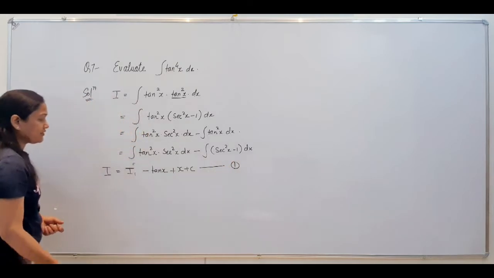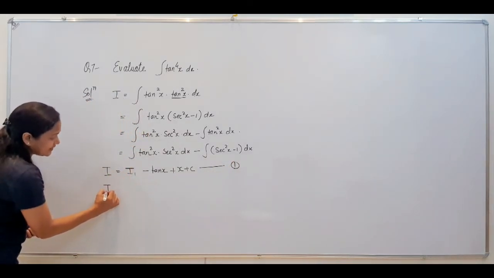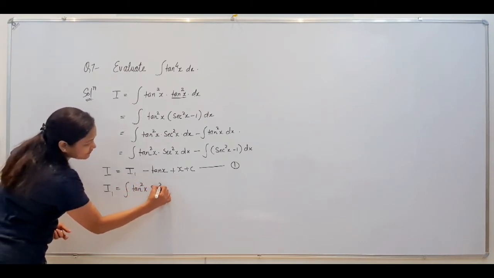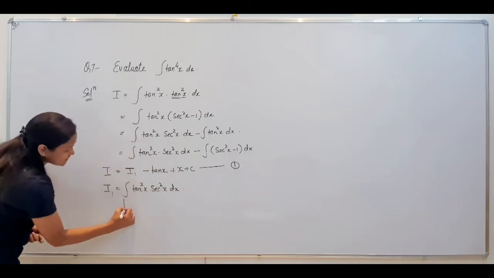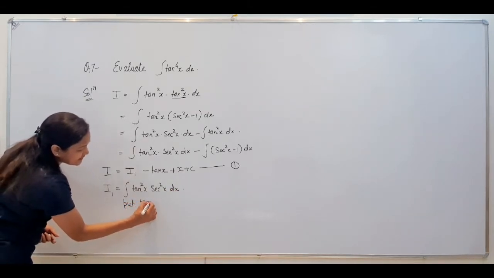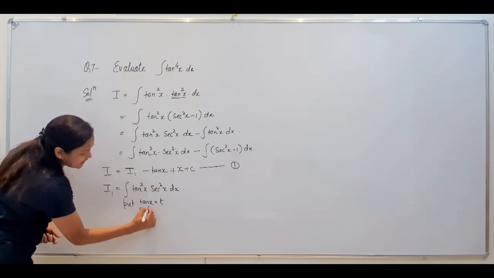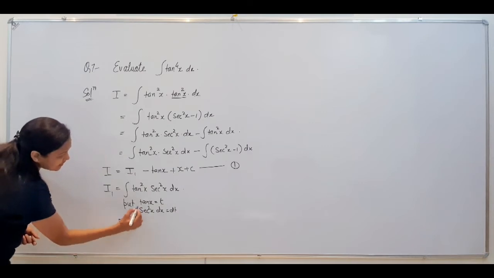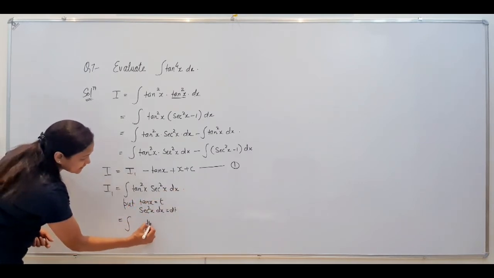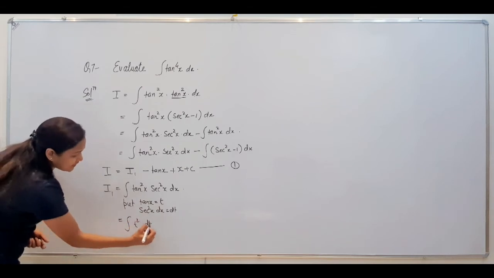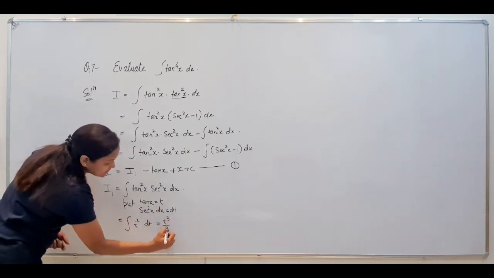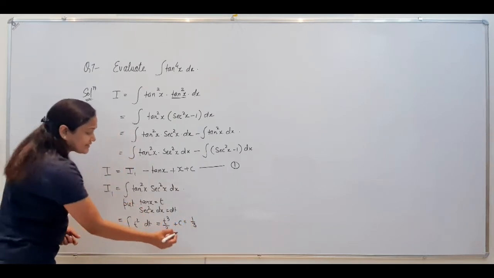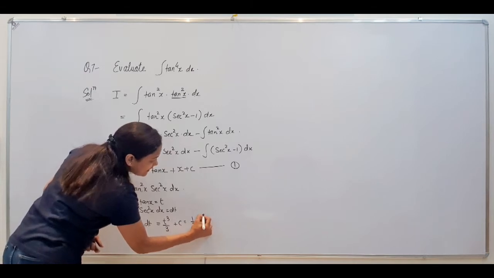Let us take our first statement. Now integrate I1. How will you integrate I1? You can substitute tan x as t. So sec square x dx will become dt. So your integral will become, in place of sec square x dx you can write dt, and tan square x will become t square, and this will be t cube upon 3 plus c, and this will be 1 upon 3. What is t? t is tan x. So this is tan cube x.